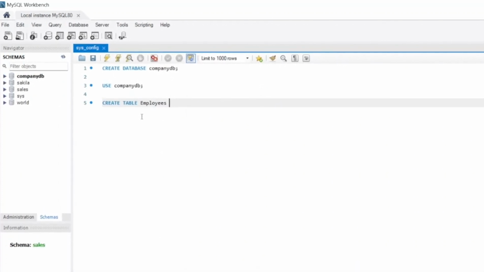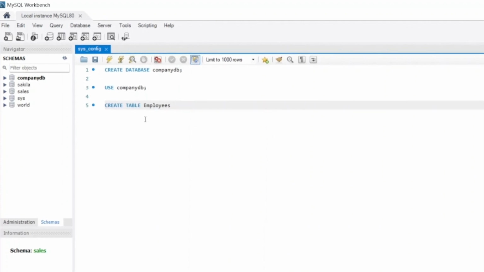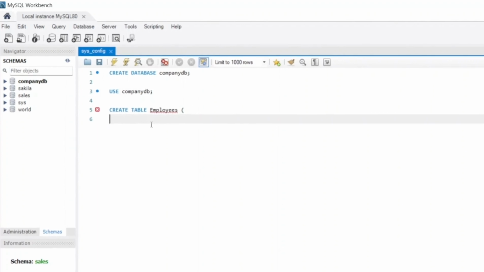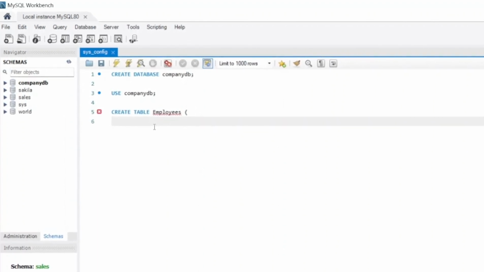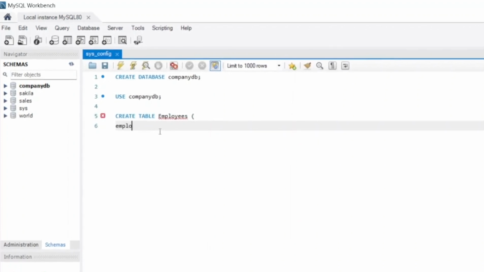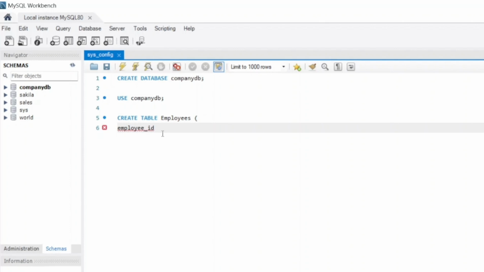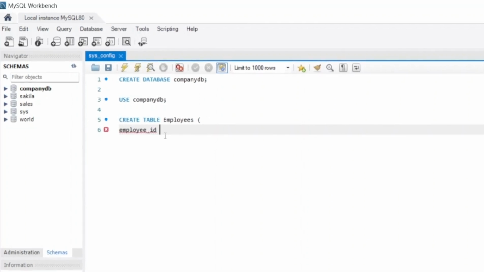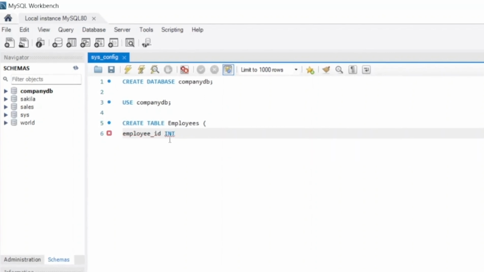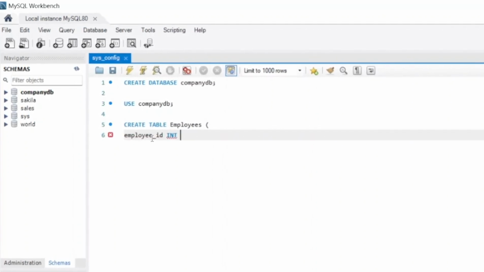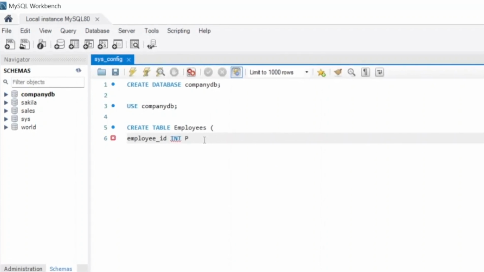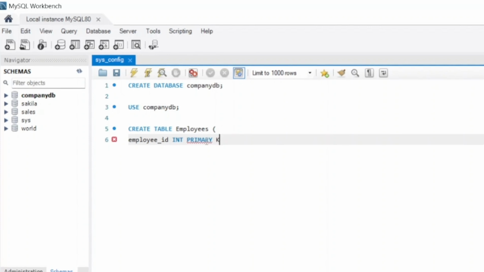Then we give an open parenthesis, and inside it we provide the list of column names for this table. I want to insert employee ID, then a space and the data type of this column. I'm giving int as the data type because employee ID is going to be stored as an integer number. After the data type, I am giving primary key for this employee ID column, because